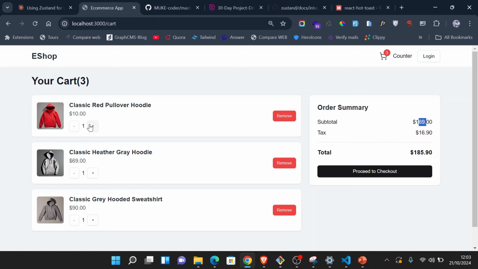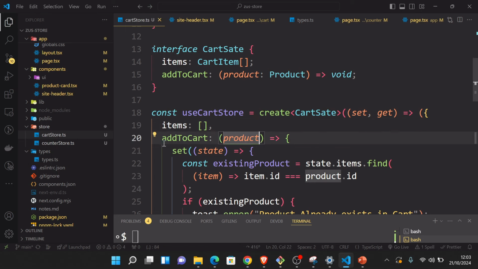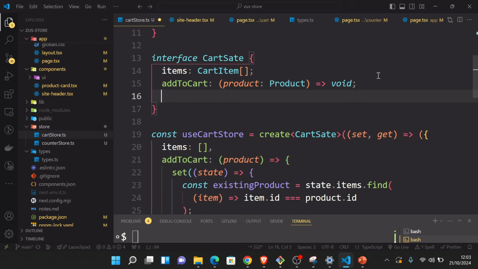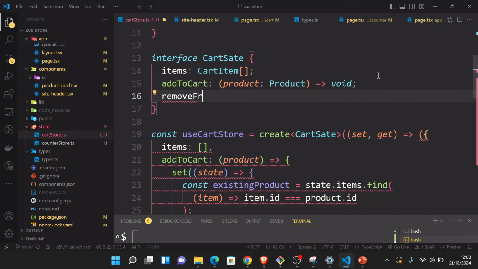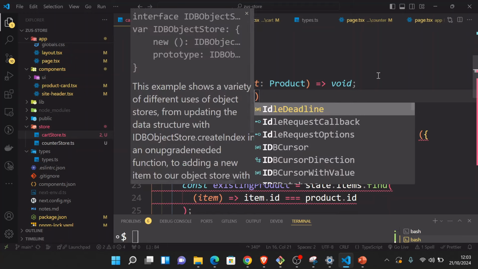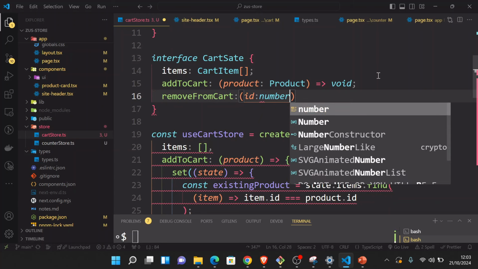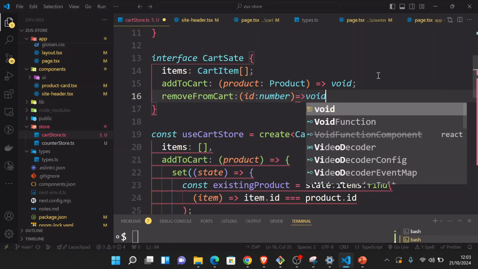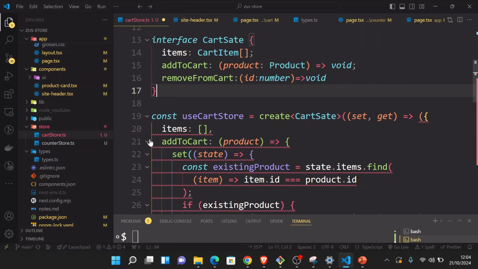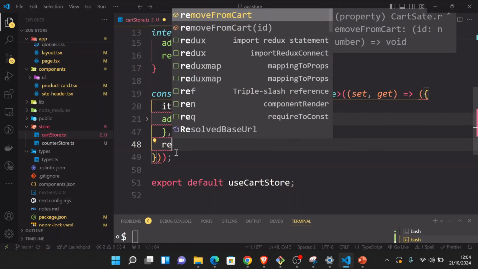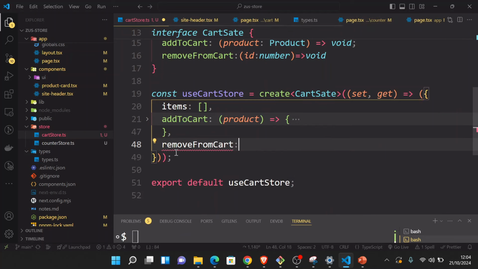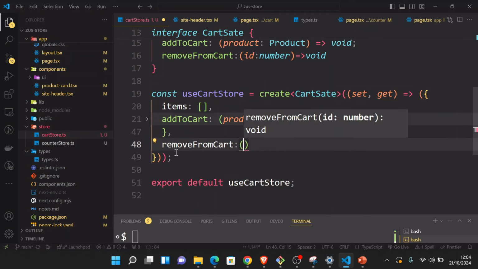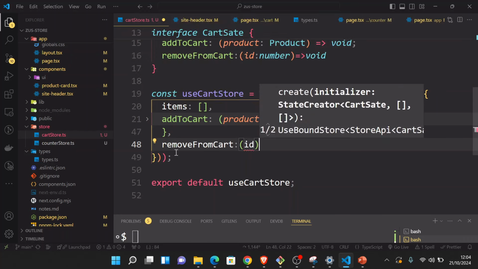what I want to do now is the increment and the decrement. Okay, so let me go and add remove from cart. This should take in the ID, which is a number, and let's return void for now. So we have to add this inside here, remove from cart. As we said, this takes in the ID just like this, and then